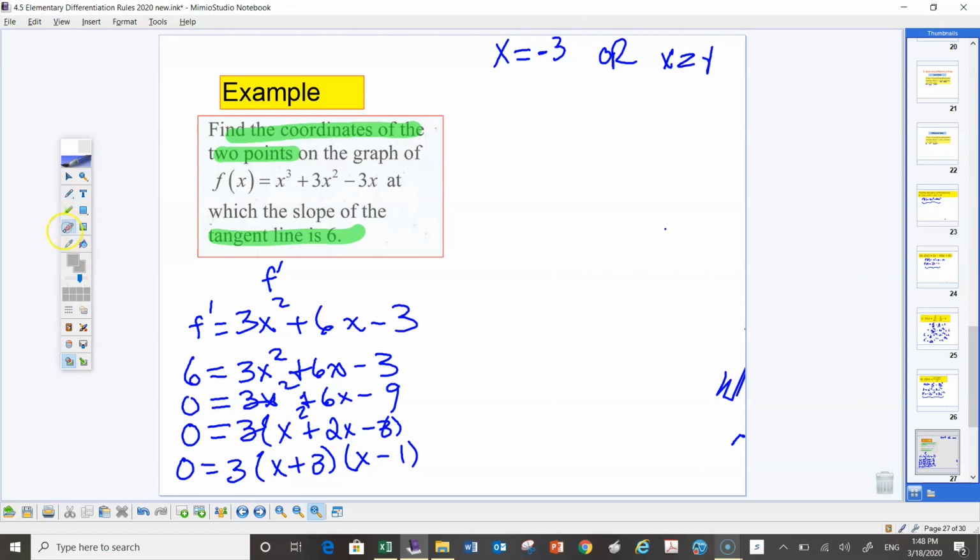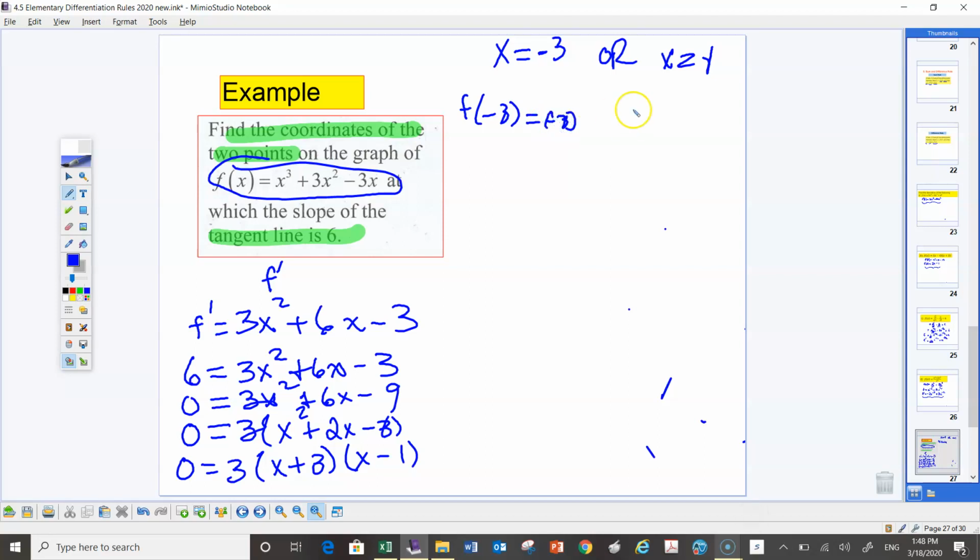So now, I just have my x coordinates. They want the coordinates, so I need the y coordinates for each. So all I'm going to do is take each of these x coordinates and plug them back into the original to find the y coordinates. So negative 3 is going to equal